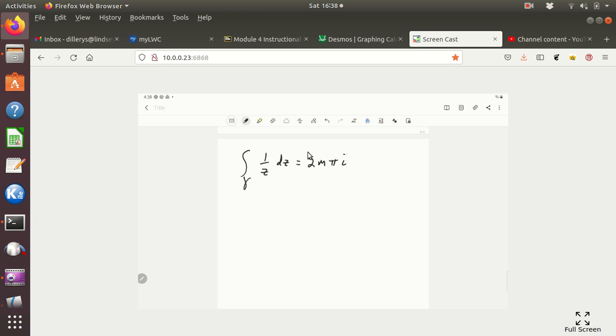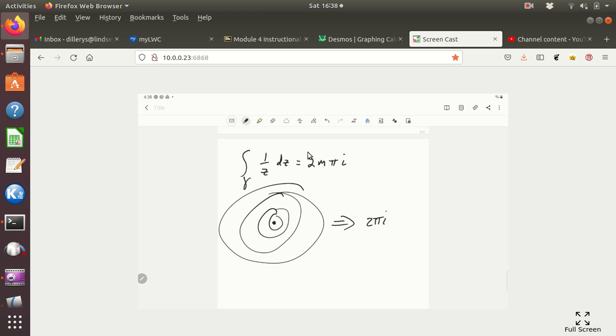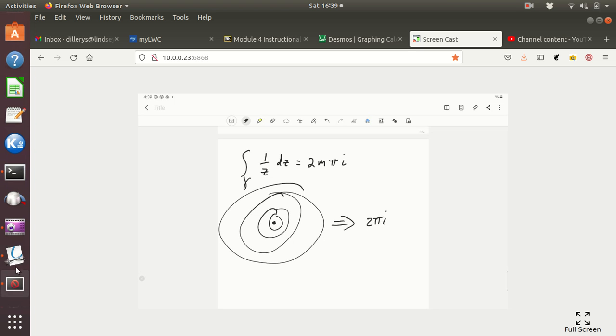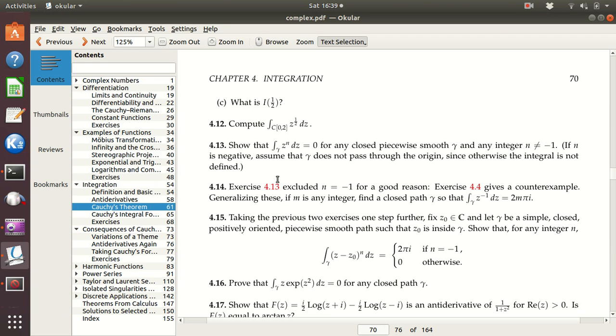Well, I looked at that and I thought, that didn't make sense to me at first, because what I know is that any of these paths around 0, we've got our theorems, they all yield 2 pi i. And so I'm thinking, how could you possibly do that? And then it hit me. If we go back to the problem, the one difference here is